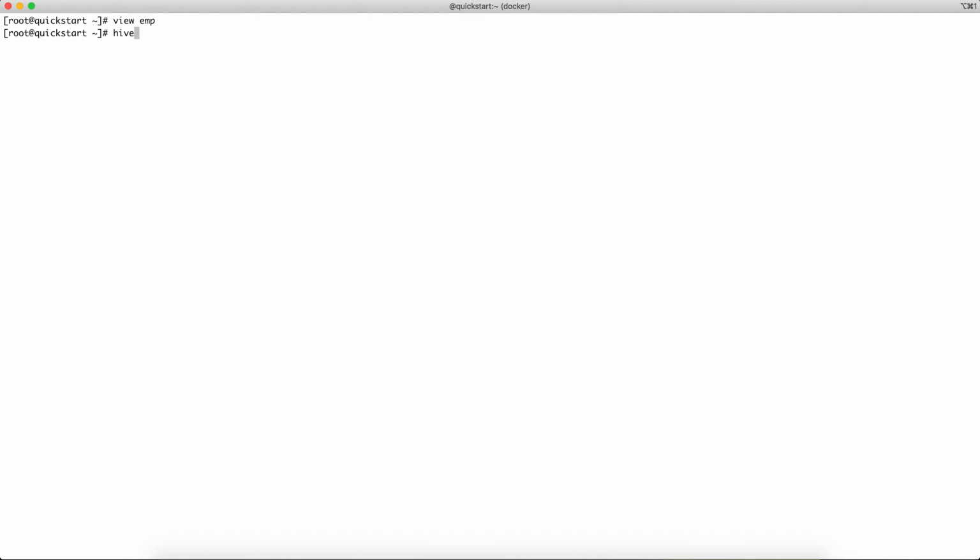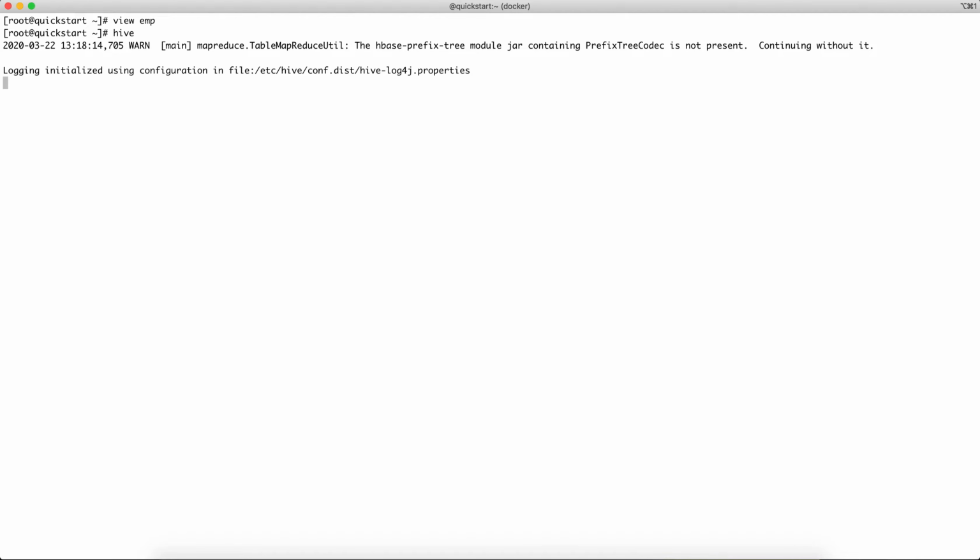Now let's go ahead and start the Hive terminal, where we will be creating one EMP table, and we will load this EMP dataset file into this EMP table. So, create table EMP. The first column is ID, then we have name as a string.